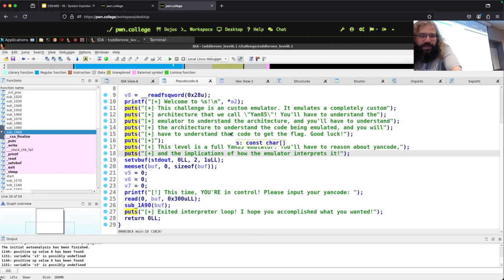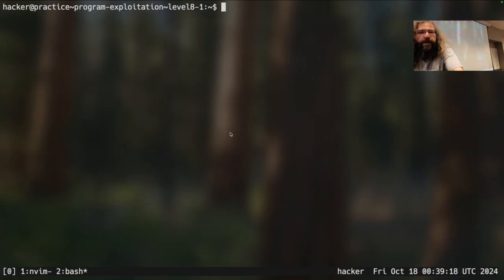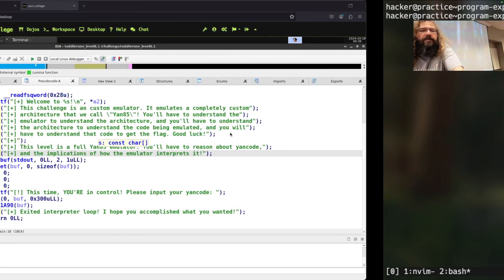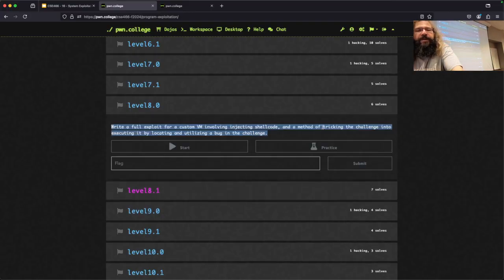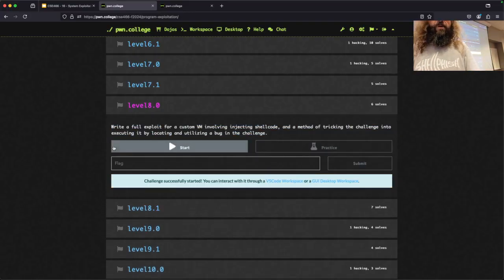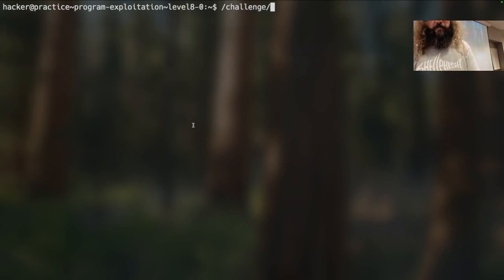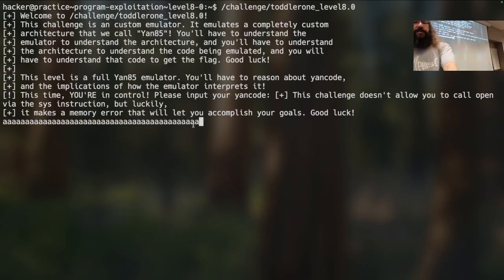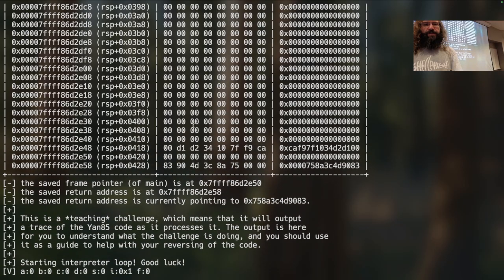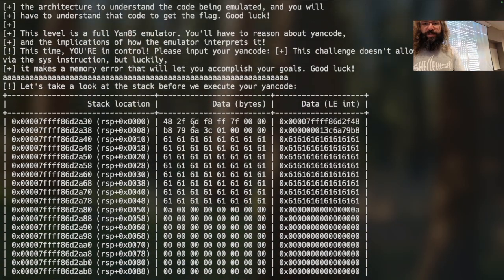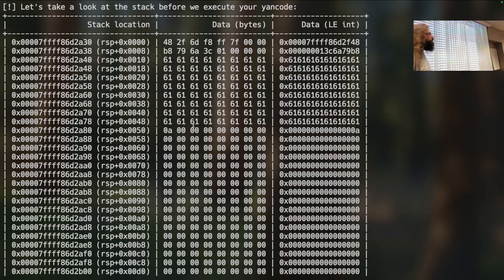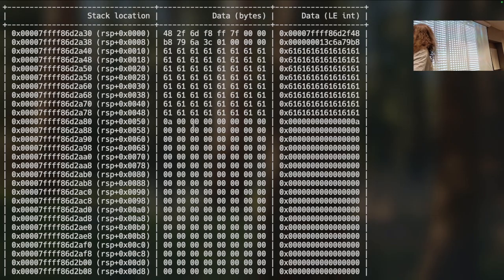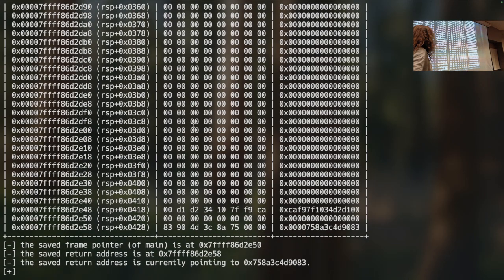Okay, very last thing here was an intraframe overflow. Let's go back to 8.0 because it already prints the stack, conveniently. So if I give this thing a bunch of A's, it's nice enough to print the stack out for me. Are my A's on the stack? They are. Okay. How much of the stack is this showing me? So this is probably all just main.